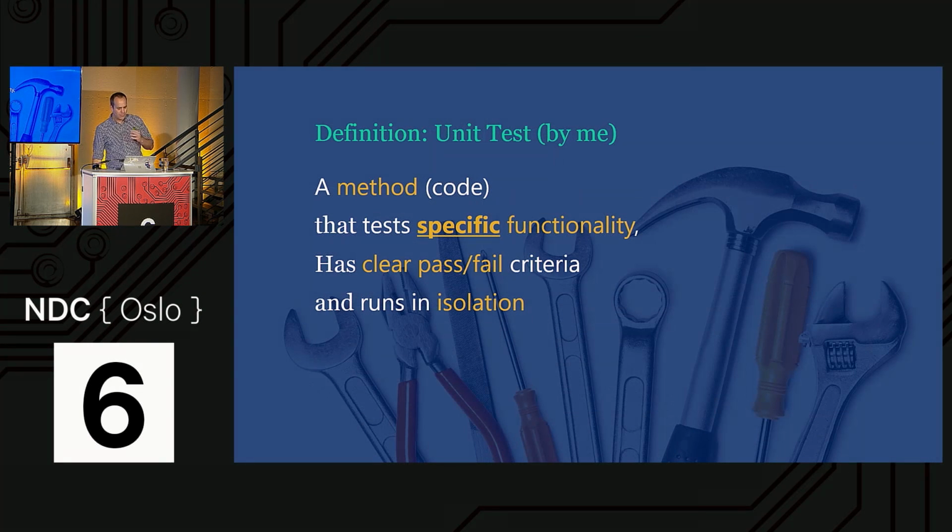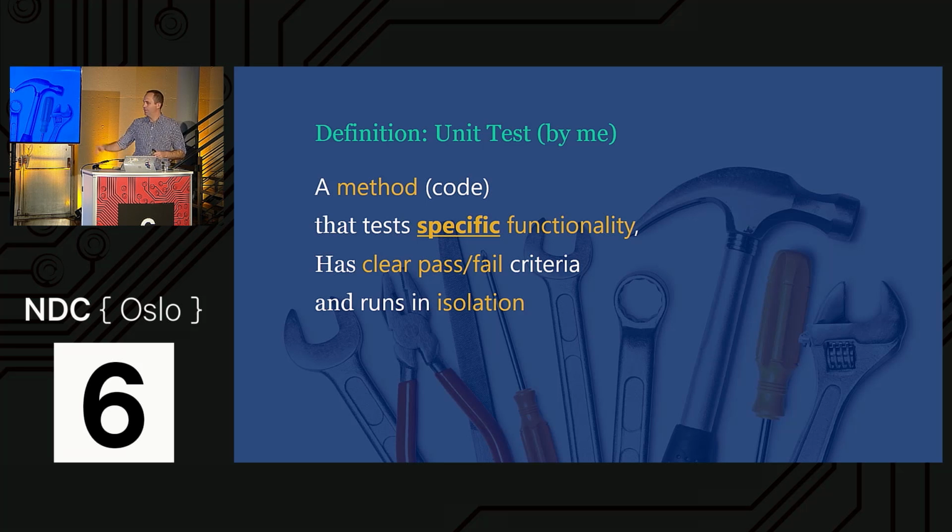Now, what is a unit test? There are many definitions. By the way, this is my own. A unit test essentially is just a method. That's it. No more, no less. It's a method with specific rules, similar to the rules for how we write other methods in our production code. And there are some rules that change when you write unit tests from when you write production code.